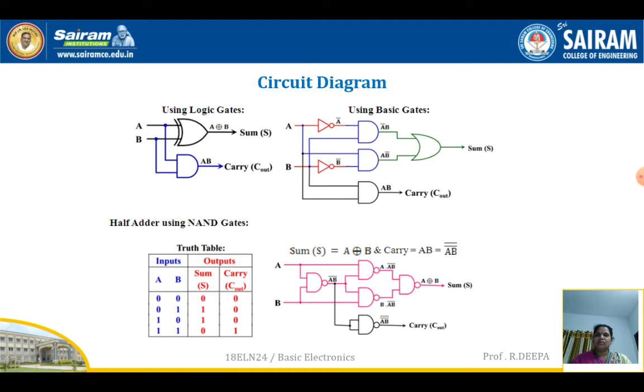The inputs A and B are given to the AND gate, and you will get the output as carry, C out, equal to A into B.